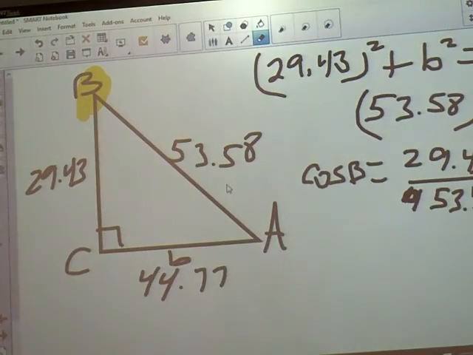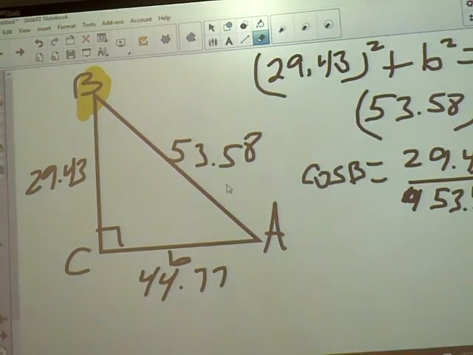Inverse. Remember when you're looking for the angle, you'll do second cosine, the inverse cosine. So you're going to get second cosine to bring up that inverse, and then 0.55. And I'll tell you what your angle B is. 56.63 degrees. Alright, so we know a triangle adds to 180, and we now got two of the angles, but